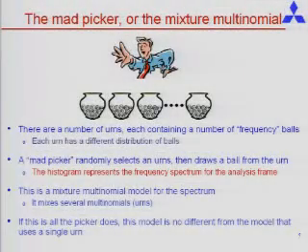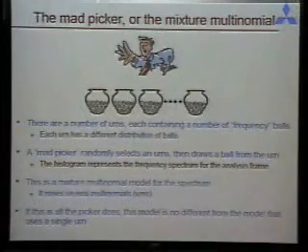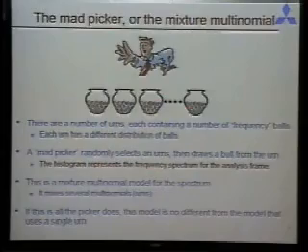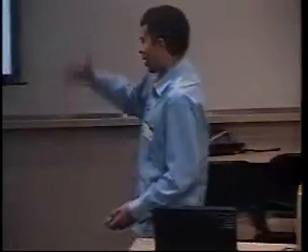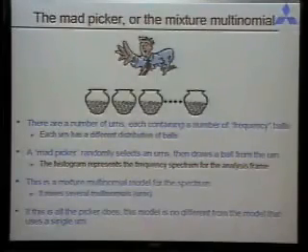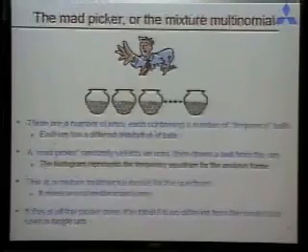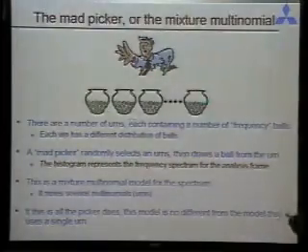Now here's a slightly more complicated model for generating a spectrum. The person doesn't have just one urn. He has many urns. And each of the urns has balls with frequencies marked on them, except the distribution of frequencies in any two urns is different. And now to generate a spectrum, what the person does is first he selects an urn, and then he selects a ball from the urn, notes the frequency, and eventually plots a histogram. If this is all he does, then really there's no difference between this model and the single-urn model, because you can simply munge all of these urns into one single pot, and you'd get the same spectrum.